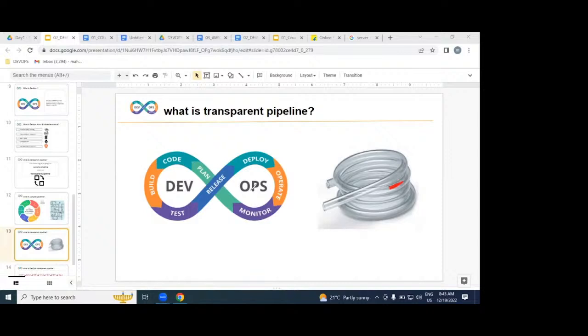Because DevOps is an automated process. DevOps is a transparent process. In the middle, if you got any issue, any problem,